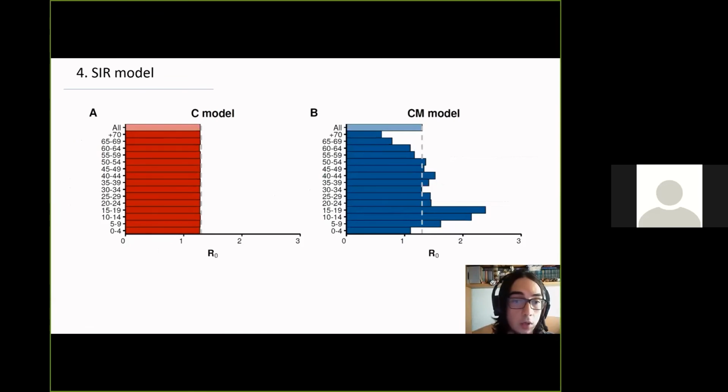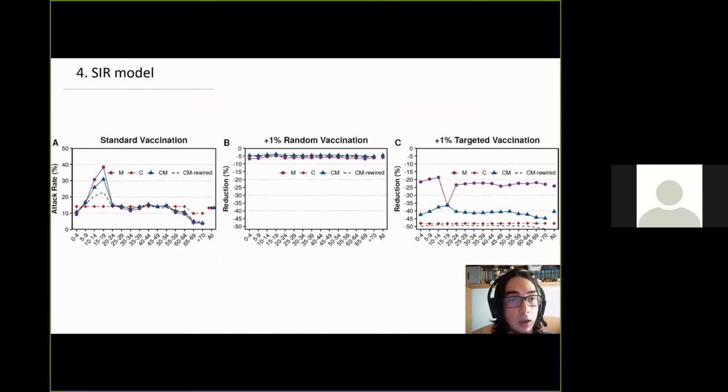Next, we focused on studying the basic reproduction number. This was just a very simple experiment. So we essentially started the simulation with one infected individual and measured how many infections that individual produces. And as we see for the network scenario, we get essentially the same result for all age groups, as expected, because again, we are not taking that into account when we build the network. But for the multi-layer scenario, we get very different results. So this is telling us that it's really important to take into account age when we are trying to measure these kinds of things.